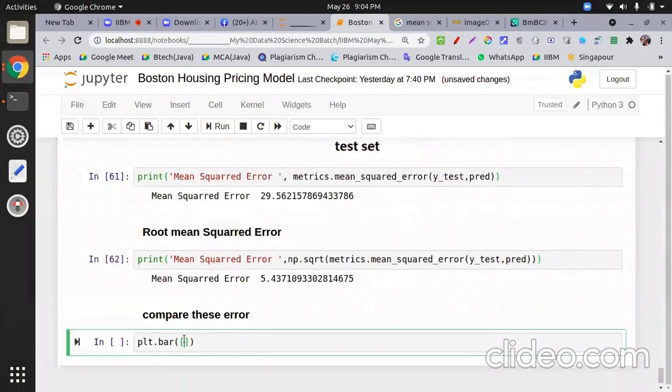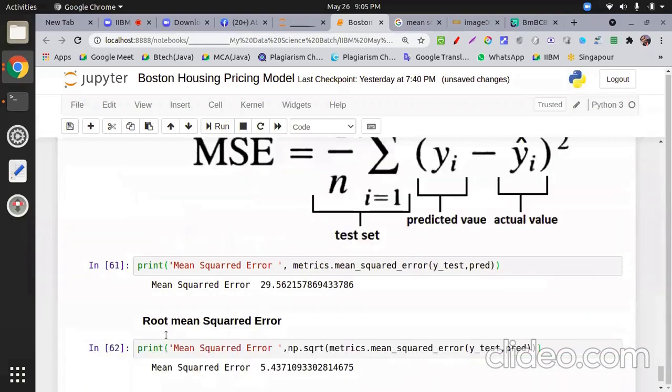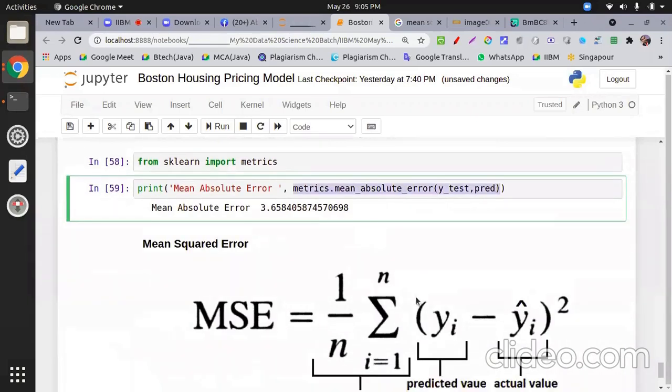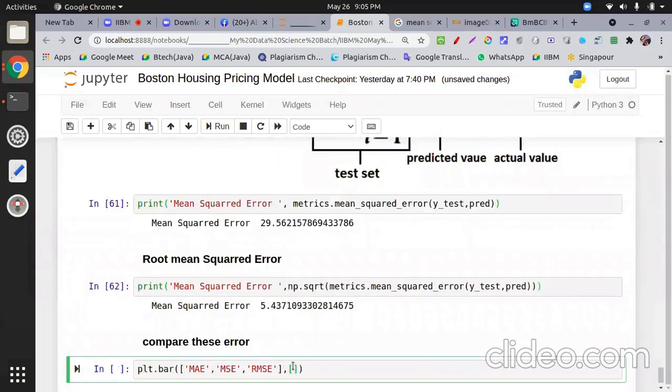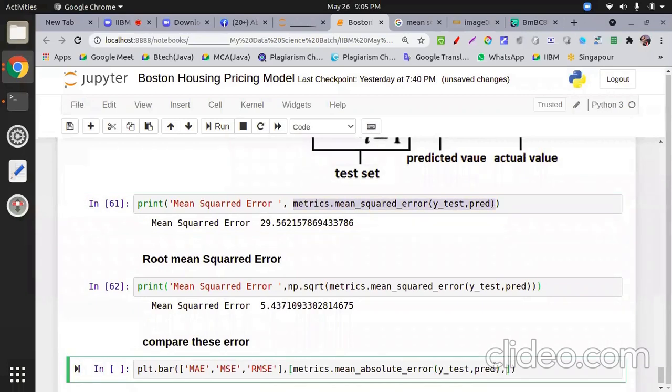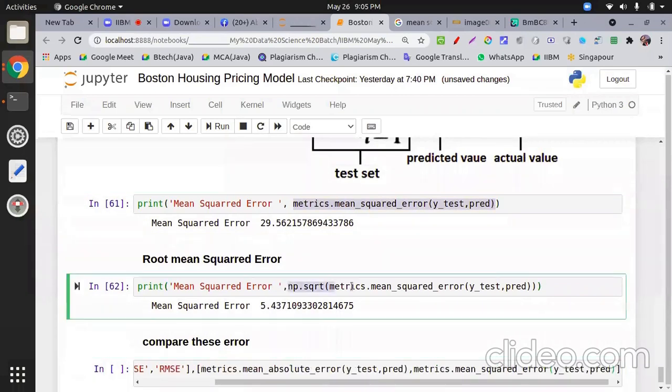Instead of the full form, I take the short form MAE, then mean squared error, then root mean squared error. We are comparing using a bar chart. The next one, I directly print this. So that beautiful bar chart is created. You can see this thing visually: first one, second one, comma, and third thing.